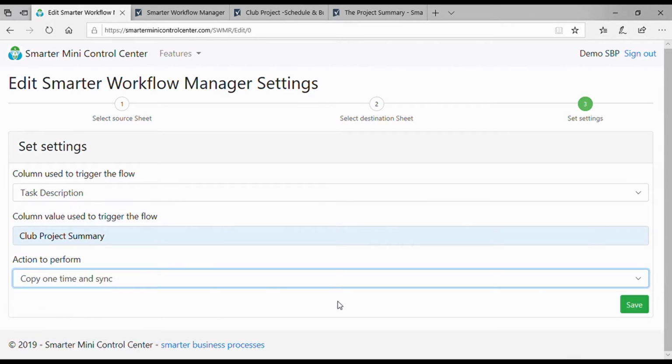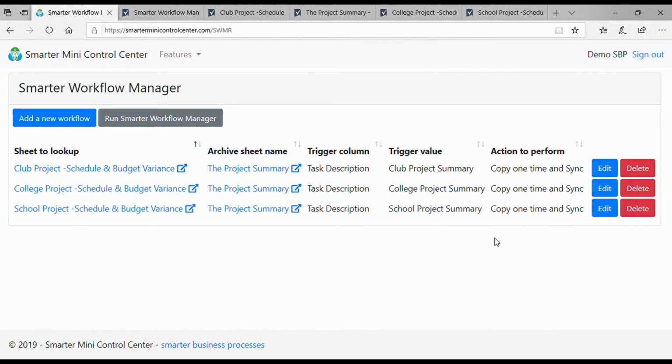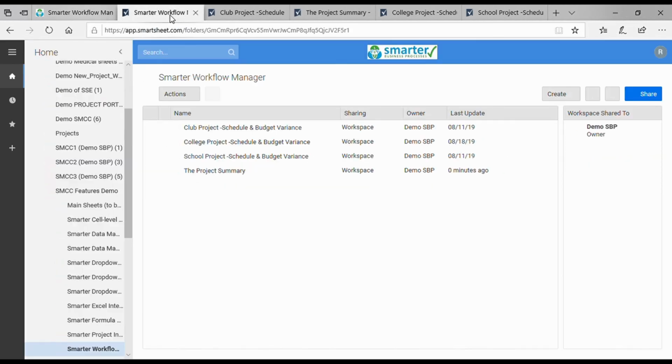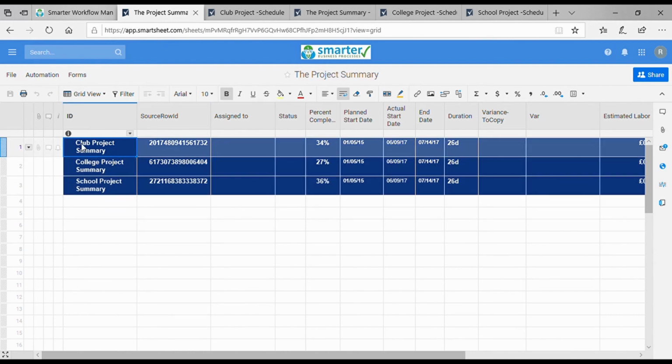Let's go with this last one and click Save. We have to make the same thing with the 2 other projects. Finally, we click Run Workflow Manager. Let's check the summary sheet. Awesome,